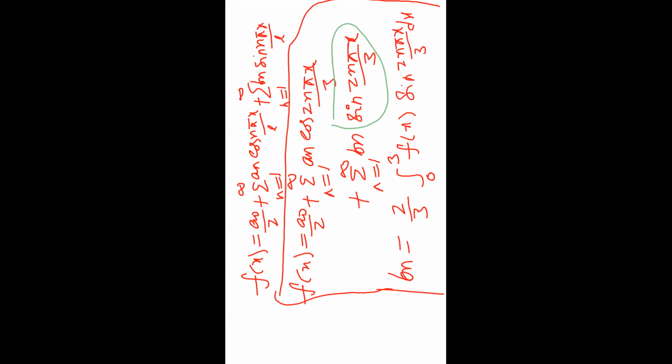Suppose we take the given limit 1 comma 2, the formula is changed. Or suppose we take the limit 0 to something else, in this case also the formula is changed. For every limit we have to find the L value and replace the L value into the basic formula. That basic formula is converted to the change of interval. But in the last method, Euler's method, L is fixed equal to pi. When L equal to pi, the formula is fixed in every problem. But in the change of interval, when the limits change, the formula also changes.